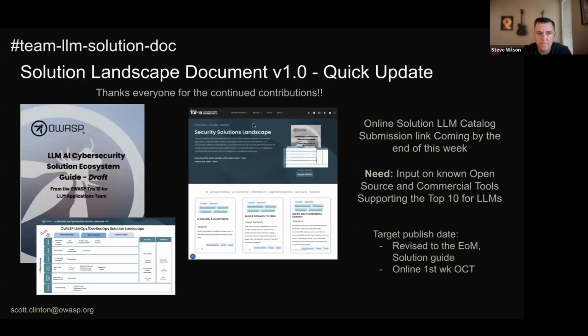Next, solution. Again, lots of great input on this. The biggest challenge, of course, is finding the right buckets that everybody agrees on to put things in. And it's never the perfect buckets, but it's at least a first start at buckets. And so I think we're really close there. The other piece we have is the online version of this, which is I'll have a link for companies to add their criteria to as well. So that link will probably be done by the end of the week.